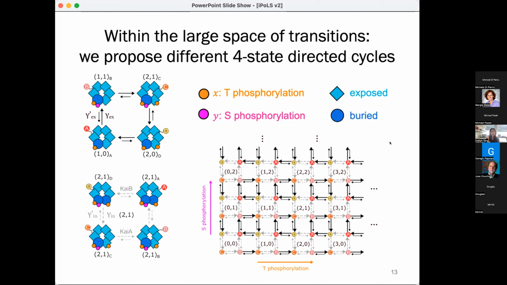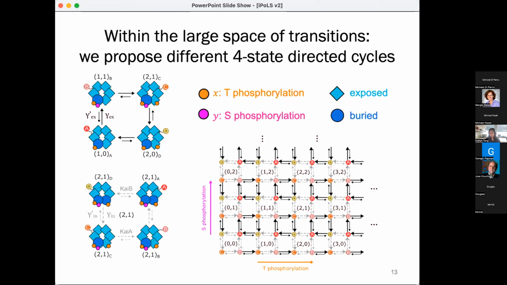And this model goes from 0,0 to 7 by 7, describing the full state space of all 6 monomers in the hexamer. And this is the same model that I described before, so long as these black rates still have a dominant direction. So long as these black rates are still faster than these gray rates, then the system will still behave